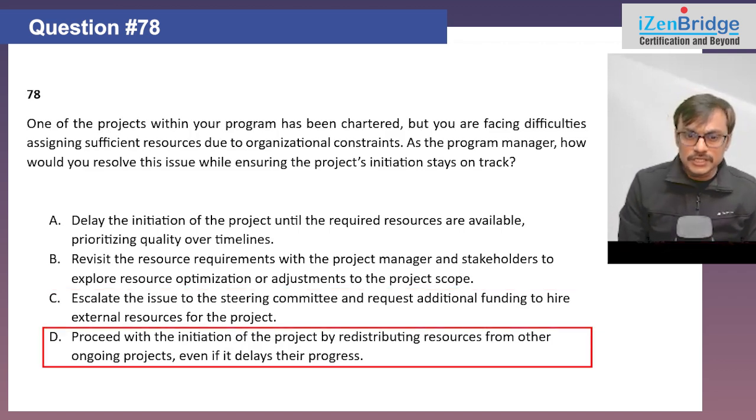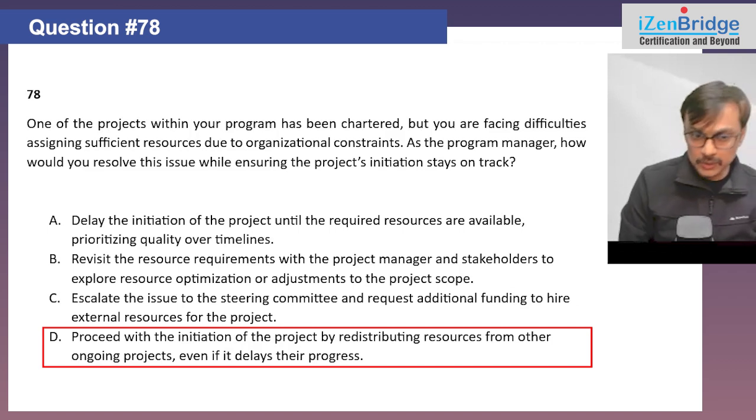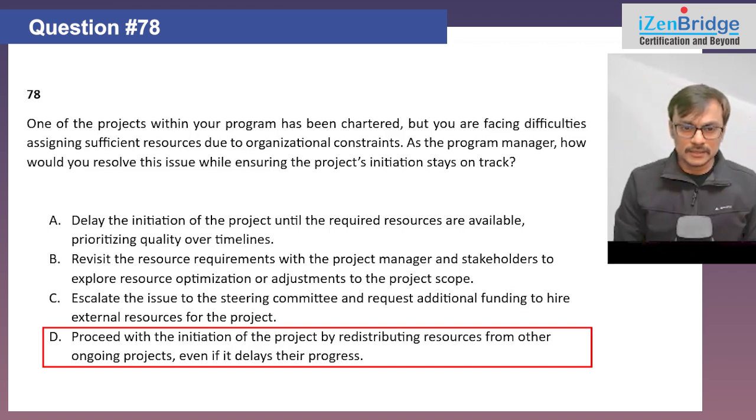Option D, proceed with the initiation of the project by redistributing resources from other ongoing projects, even if it delays their progress. I can do that. Yeah. So options D and B look feasible, and even A is also feasible there. C is a little less likely to happen. But I would say that all these options can be combined together in option B, because